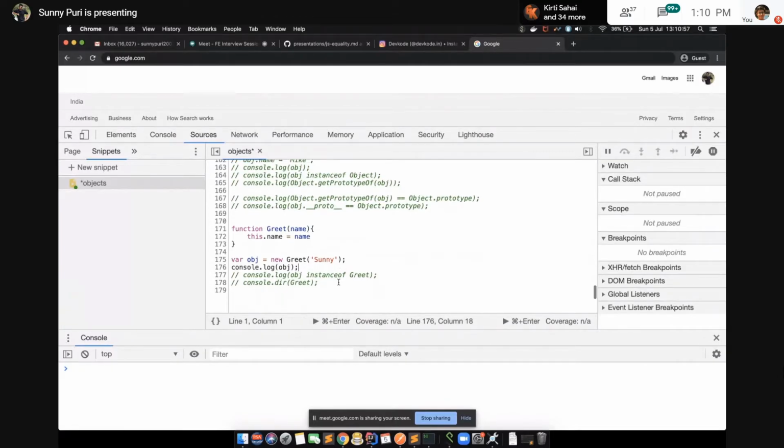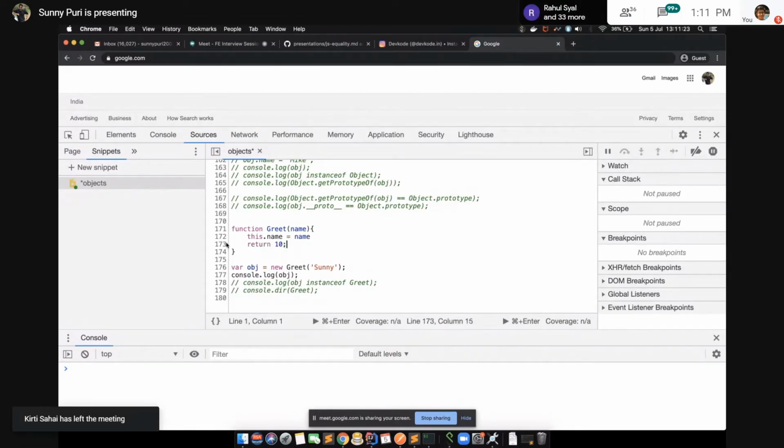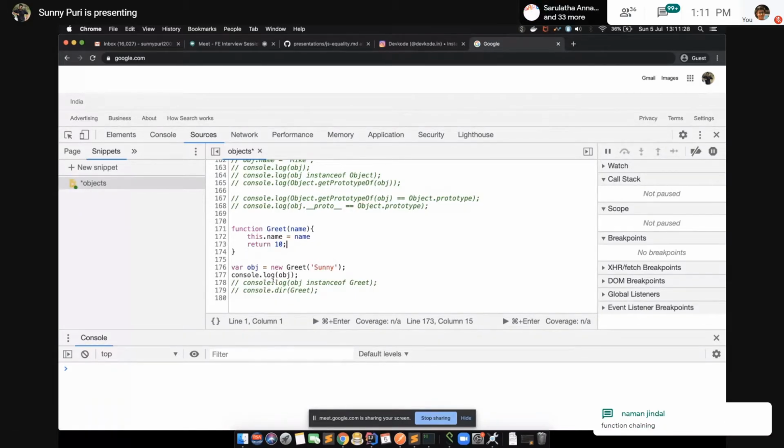I'm not sure how many of you are aware how this works, basically how this new keyword works, how this constructor function works. We have one this behind the scenes, then we return this. This is happening in case of new. Okay, so this is happening implicitly. Let's say I return something explicitly. What will happen in this case? I have created an instance, I have printed it. What will happen in this case?